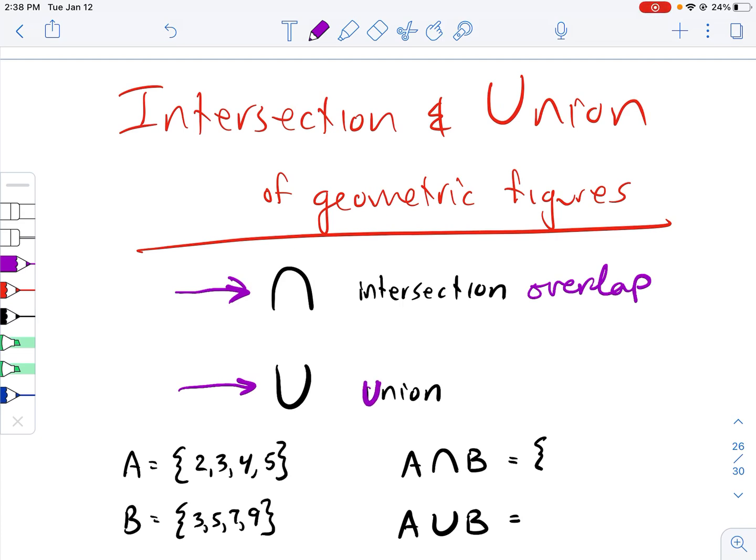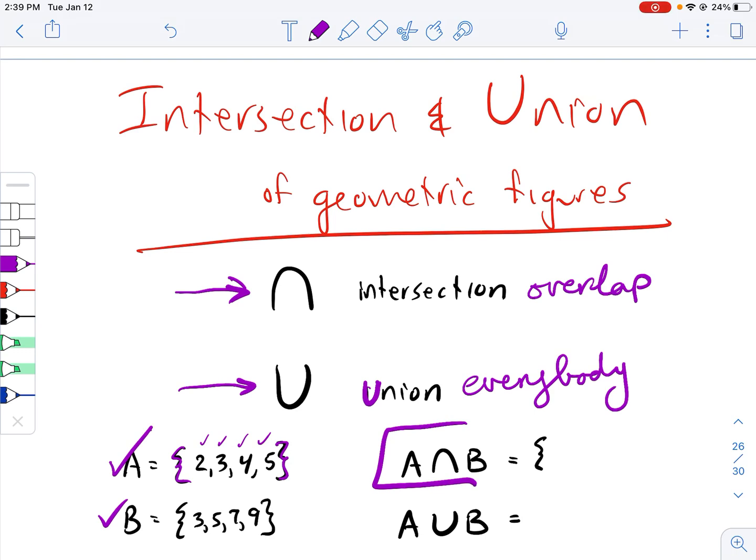The union means that you take everybody, you just join everybody together. So here's an example. Here's set A. It has 1, 2, 3, 4 elements. Remember, elements we separate by commas and we put them inside these braces. And here's set B. So if we take the intersection of A and B, that would be written like this. And what would that be? That would be the overlap. So what do they have in common? Well, I see a 3 in both, I see a 5 in both, so their intersection would be 3